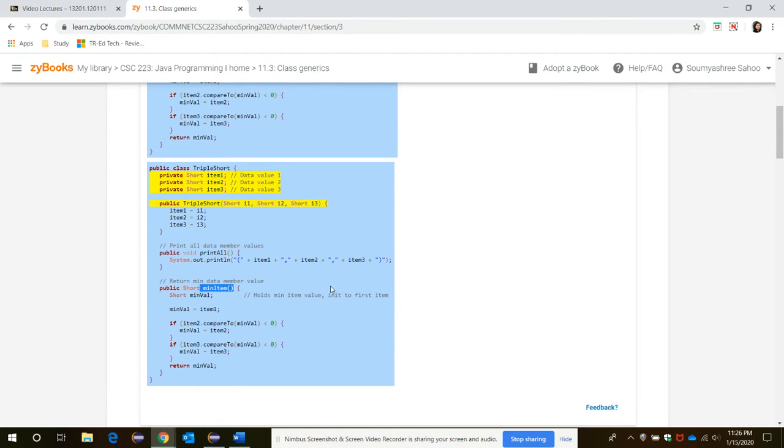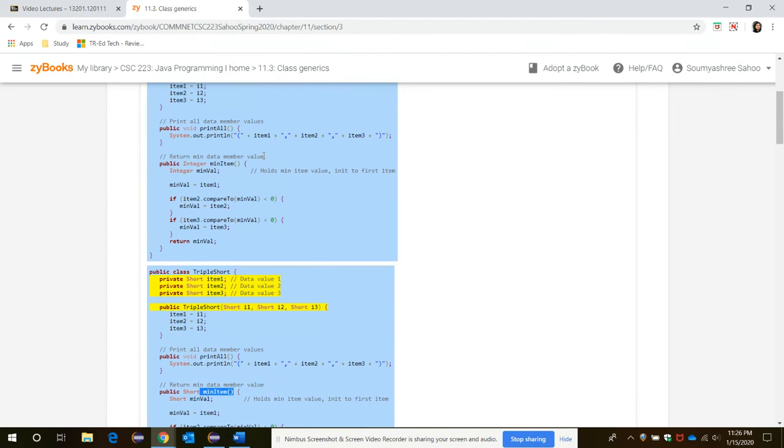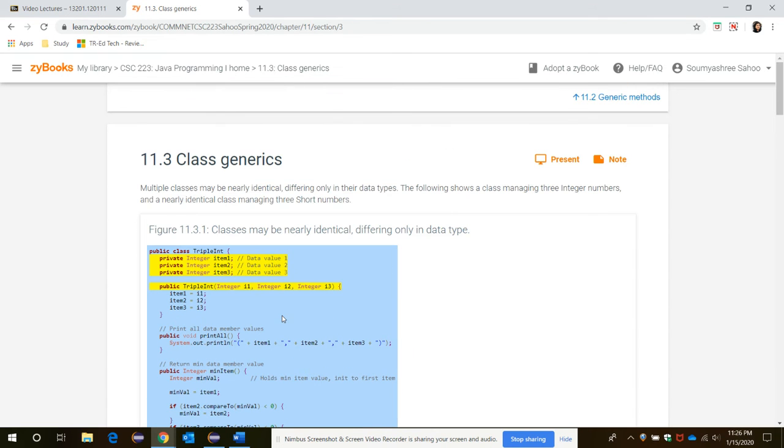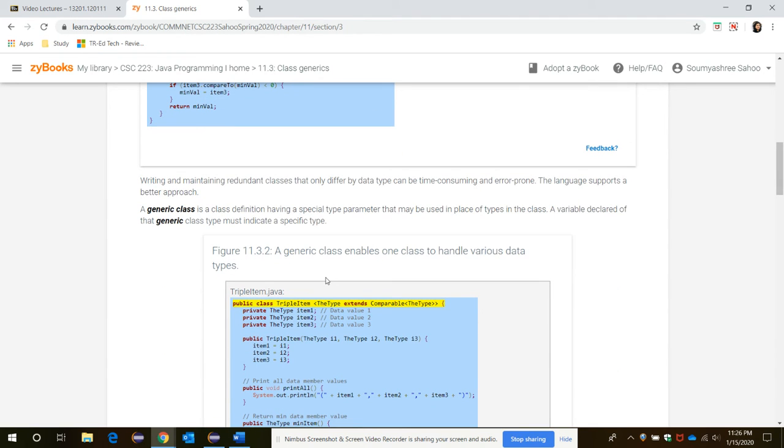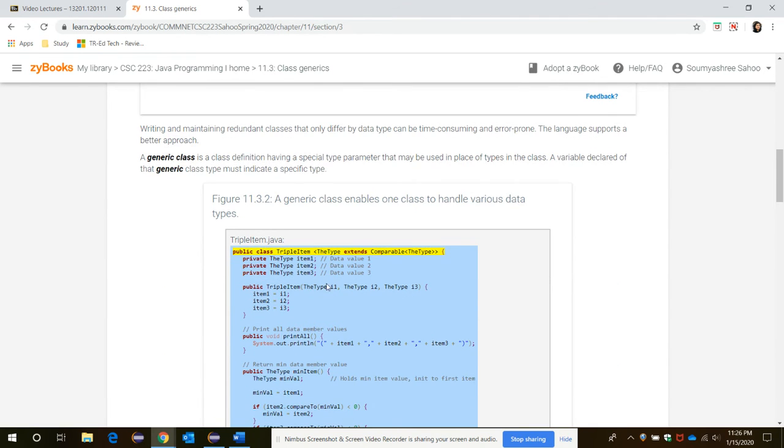So is it efficient to write the same code again and again repeatedly? Like you have seen in generic methods, we use a different way of writing a program that is called generic classes. So generic classes give us an idea for writing and maintaining the repetitive or redundant classes which only differ by their data type, and it gives us the capability for